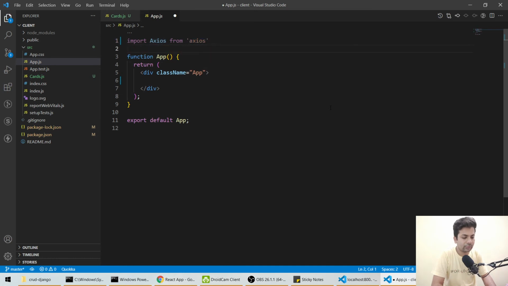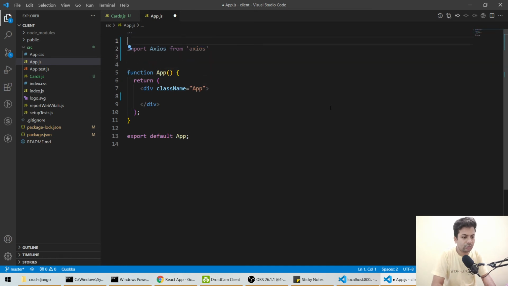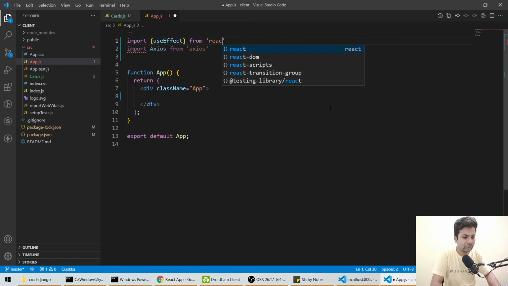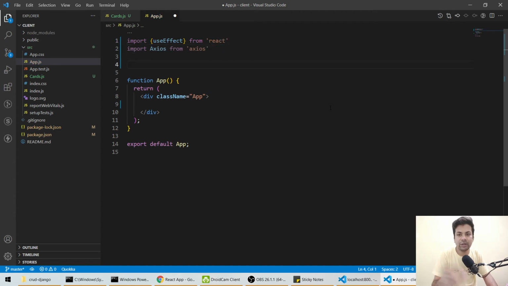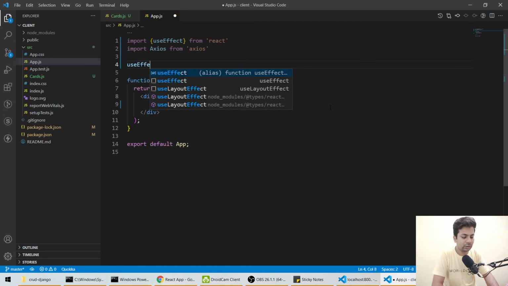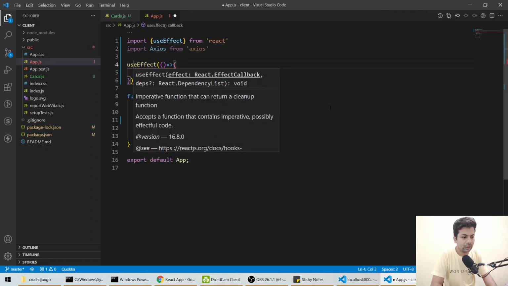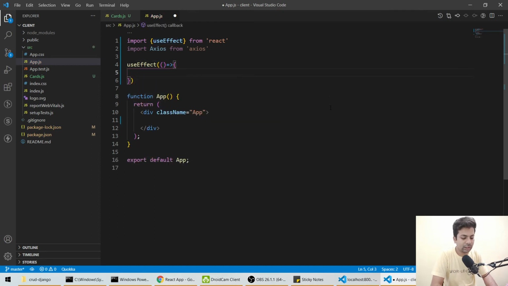Now we'll import useEffect from React. Basically useEffect will run only once when the page loads. Here we'll now send the request. We'll say axios.get, and the URL is http://localhost:8000.